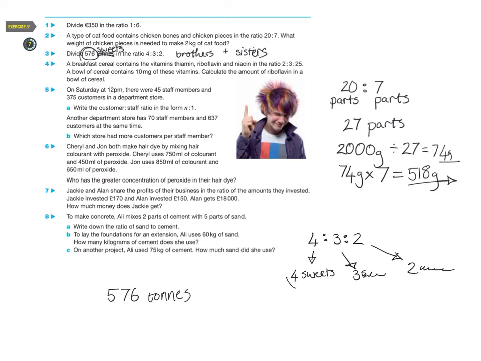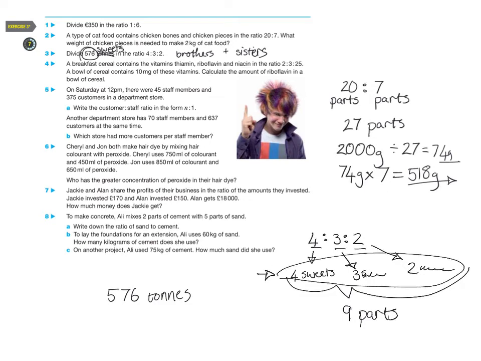So that shows us we need to figure out how many parts there are. Well, it's 4 plus 3 plus 2, that's going to be 9 parts to that. In other words, every time we're handing out sweets, one round of handing out sweets is going to be 9 parts. The maths then is to do 576 divided by 9, and that is 64. So each part